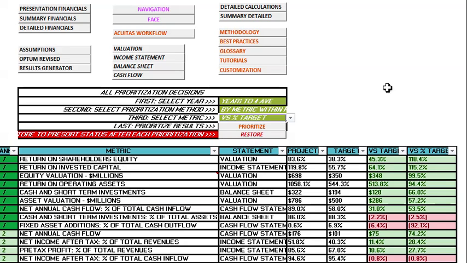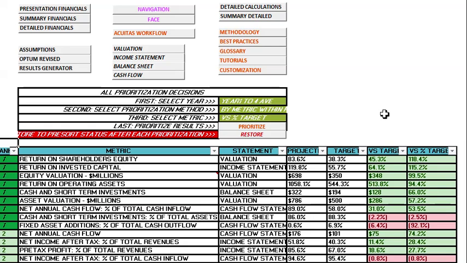To focus again on the percent difference between projected results and the target for all metrics, and again, the column on the extreme right, versus percent target, will be the one where the optimization and prioritization results are displayed. Now again, all we have to do is simply click on the Prioritize Navigation button, and this generates the optimized